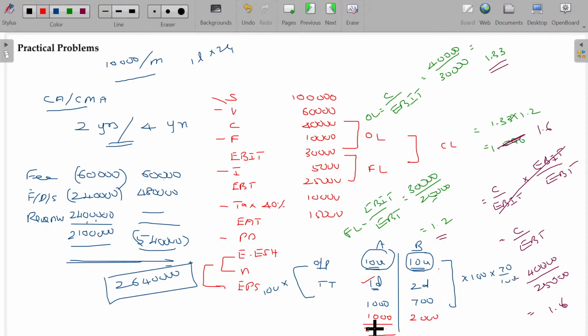Ultimate cost being only 2,000 rupees in case of A. But in case of B, I am paying you 2,700 rupees for completing the same 10 units. So usually the person who is doing it faster will be appreciated with 120%, not 100. I'll add 120%. So if I add another 20%, by the time also I am saving, it is 2,200 only. So if you are faster, I'm pretty happy because there's a savings in overhead.